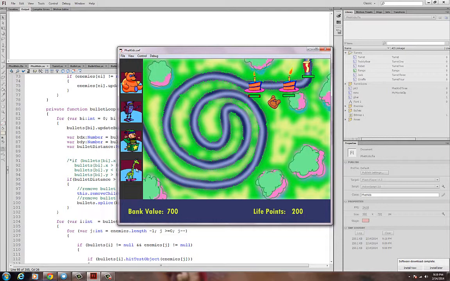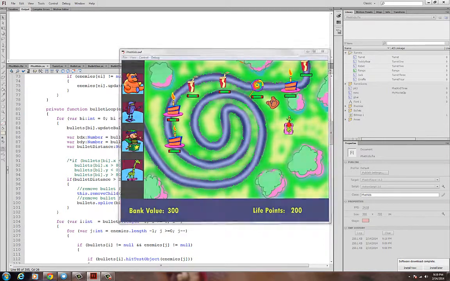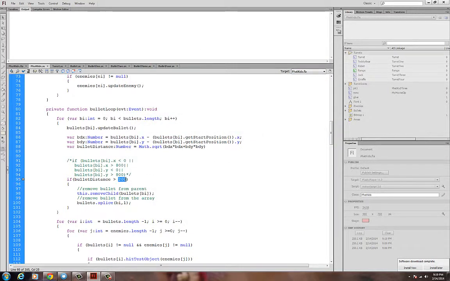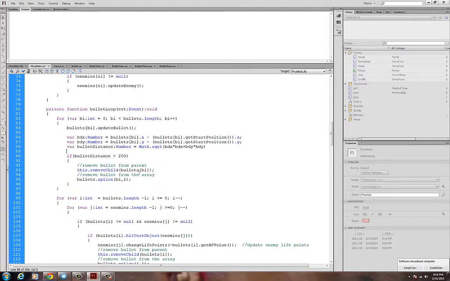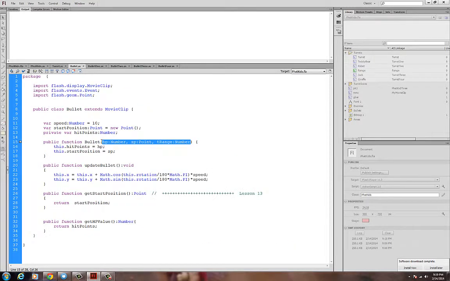and right now all the bullets have the same range, 200. Okay, and now I've got to set it up so that the range of the bullet, right now the apples just disappear after 200 pixels, but what I want to do is I want to match this value so that it's the same as the value of the particular range depending on which turret I'm using. So since I'm in bullet, every bullet knows its own range. If I come back up here, this bullet has a range, which is a number,